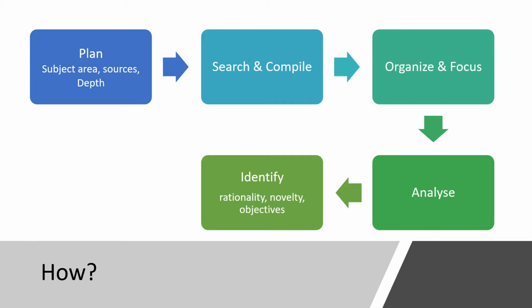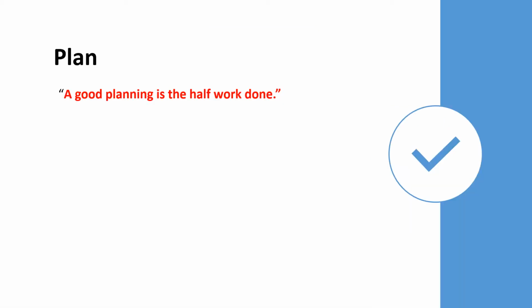So let us define. Let us know the very first step, plan. A well planning is the half work done. We plan the things in very small tasks. So why not with literature review, which is very crucial for your research? So plan the literature review along with your research team, with your mentor, supervisor, collaborators. Plan well ahead of time.